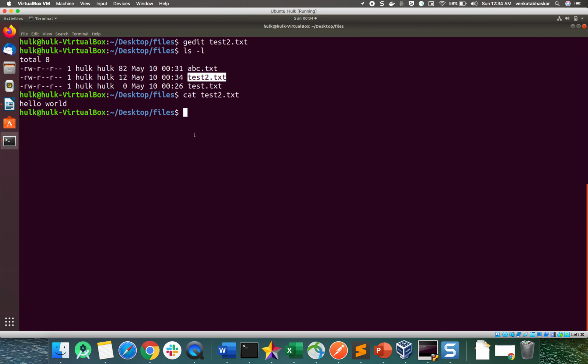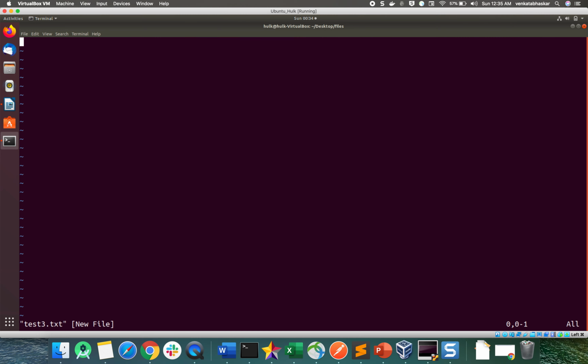There is one more editor available, the vi editor. This is available by default in the shell in the Linux operating system. vi, then I can use test3.txt. Immediately if you enter here, an editor will open. If you want to insert some data, you need to enter I, then it will change to insert mode. Now, hi, how are you?